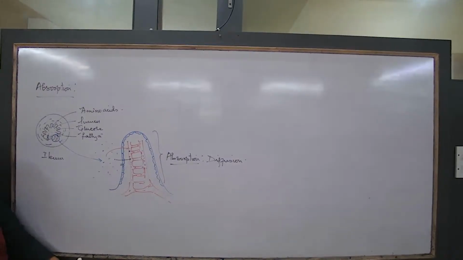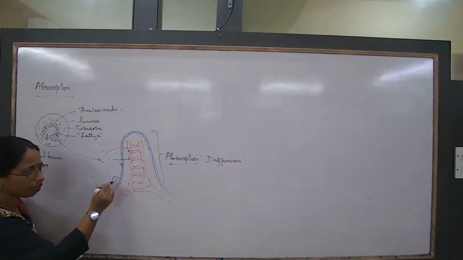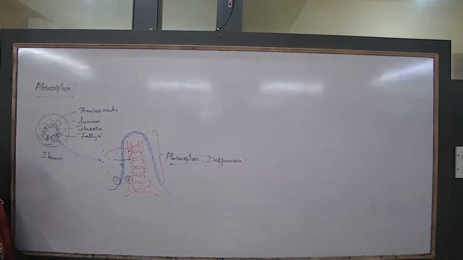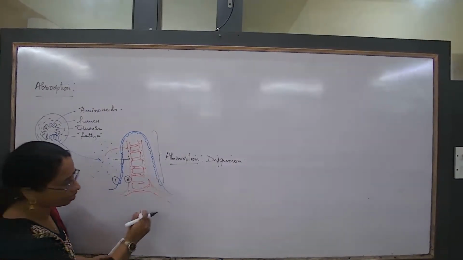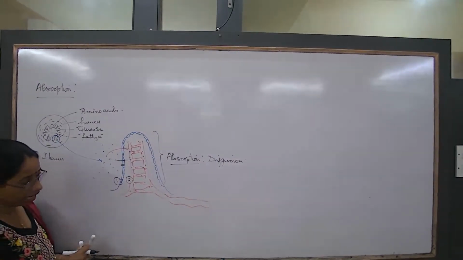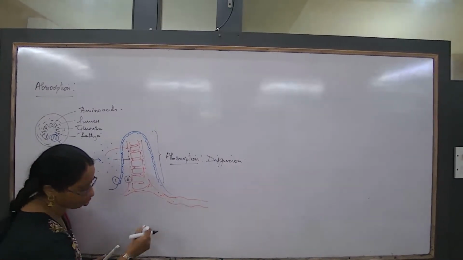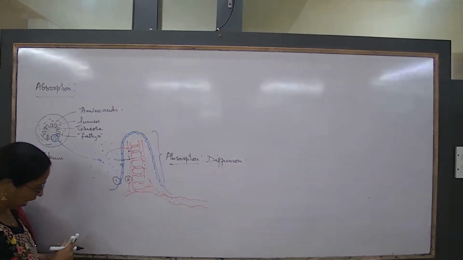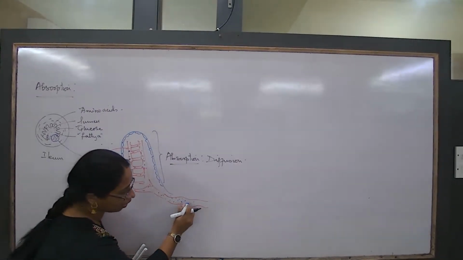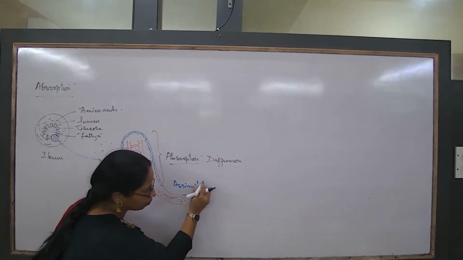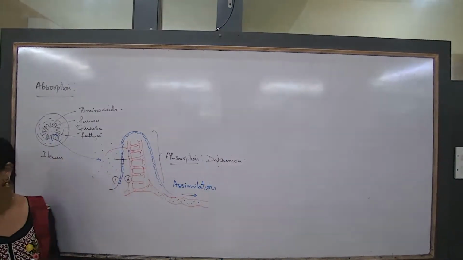Because already we had learned two special features of the villus. One is thin membrane, and two is the rich supply of blood vessels. So this is absorption. Now next one. After absorption is done, the blood vessels that are moving out from the villi have all these different types of molecules in large concentrations now. They already have the glucose and the amino acids and the fatty acids in large amounts, and they have been carried by the blood to long distances. What is this process known as? This process is known as assimilation.